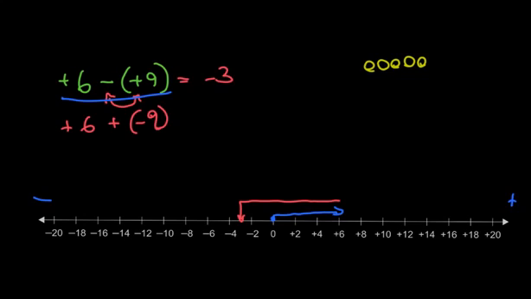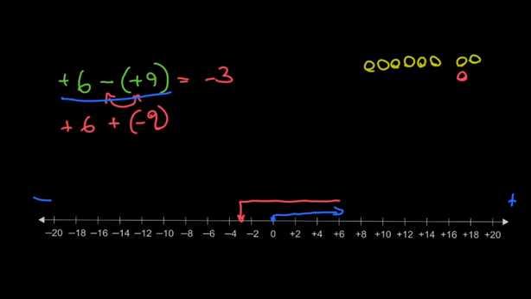1, 2, 3, 4, 5, 6. And so there's my 6 yellow tiles representing 6 positives. And now I have to take away 9 positives. Well, I can't really do that until I add some 0 pairs. So I'll add